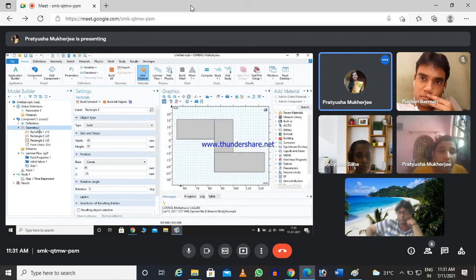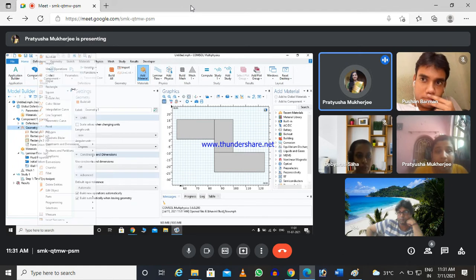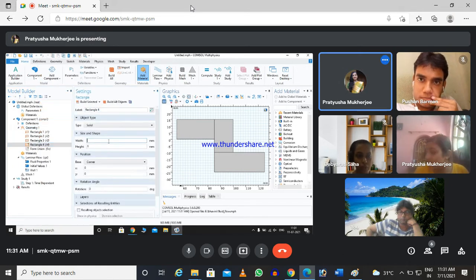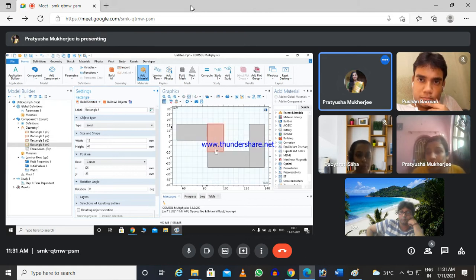Now again the same process. Width is 15, height is 40, x will be 125 and y will be minus 25. Build selected. So this is the loop, and we are going to do our analysis on this loop.